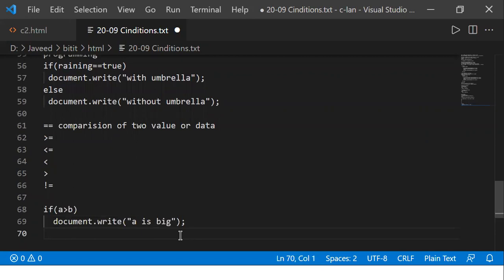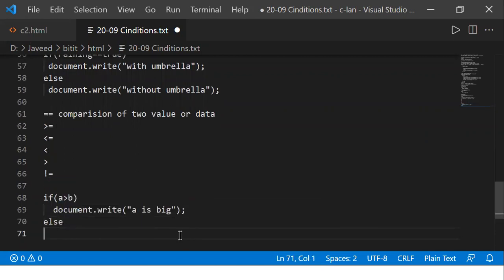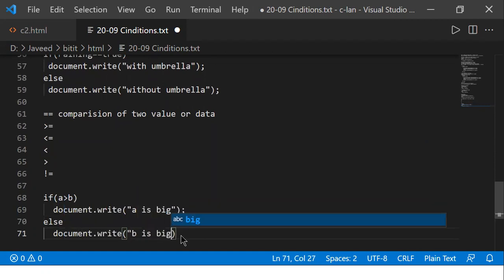Otherwise, document object dot write, B is big. This is the message I want to put on screen. Like this I want to run. Okay, we'll take one example and talk more on that.